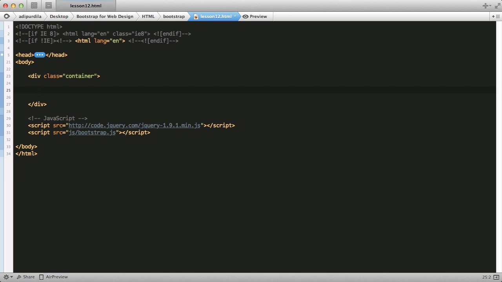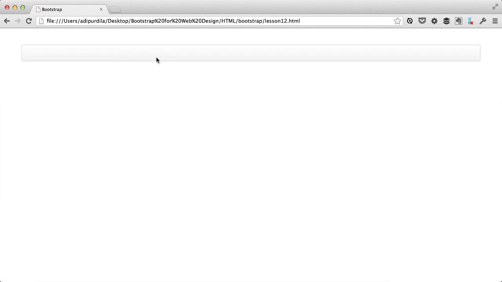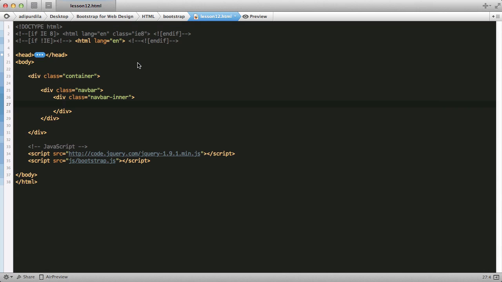Here's an example. We start with the navbar class. So div class navbar, which contains a div with a class of navbar inner. Okay, now navbar inner is really important. It will apply some left and right padding and also the menu gradient, as you can see right here. Now the project name can be generated using a link with a class of brand. So A with a class of brand, let's say project name,